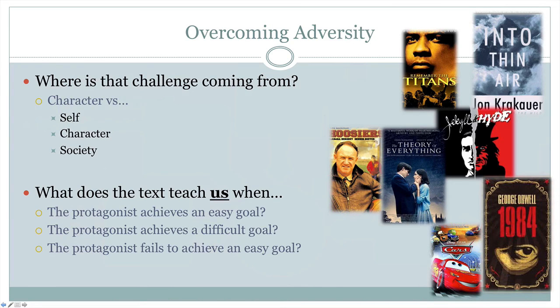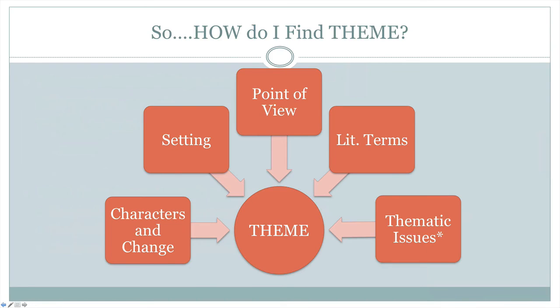Is it the character's own self? Is it another character, as in perhaps a foil pair? Is it society as a whole? What does it teach us when the protagonist achieves an easy goal? What does it teach us when the protagonist achieves a very, very difficult goal, or the protagonist fails to achieve any goal? And so to review, thematic issues are one-word statements about what is going on in a text, but